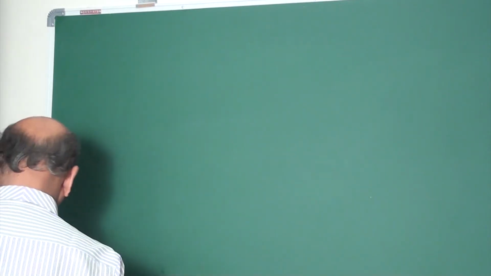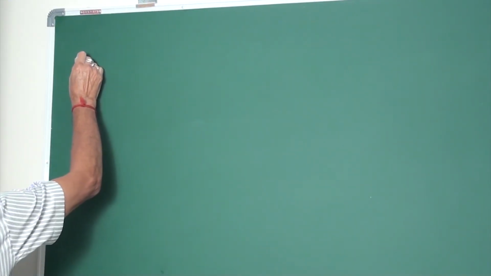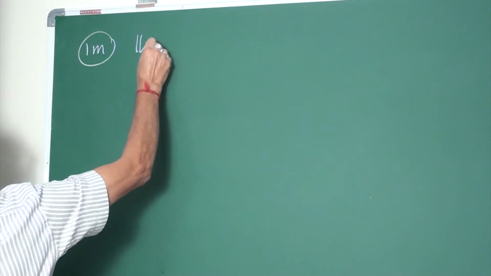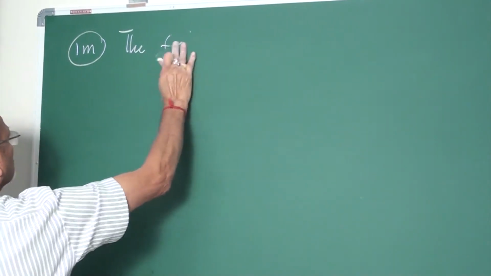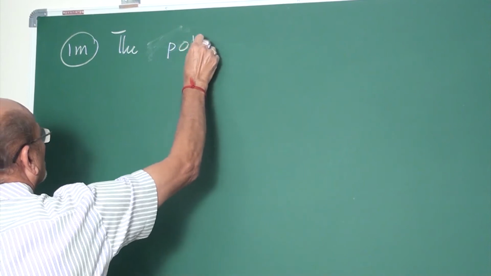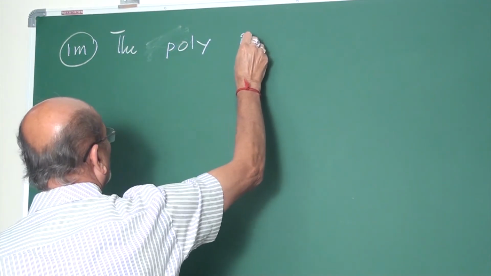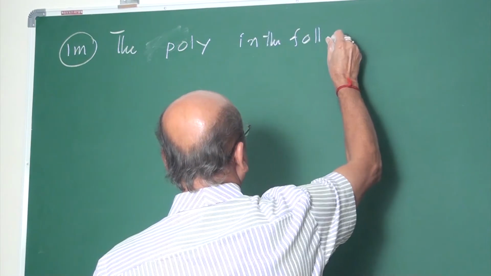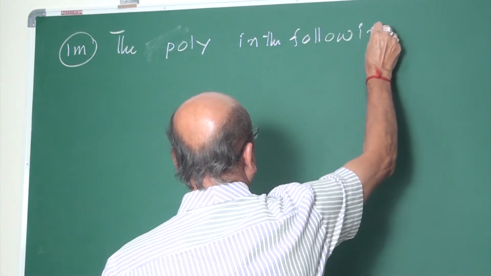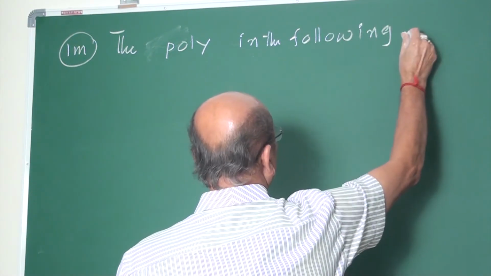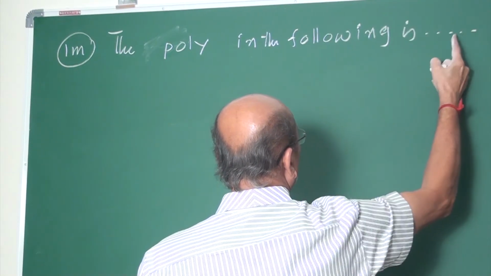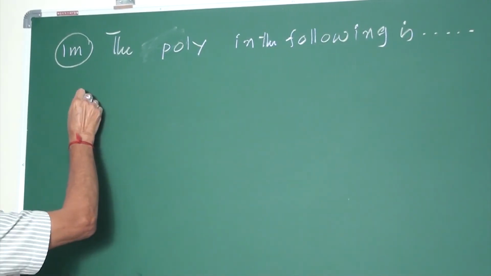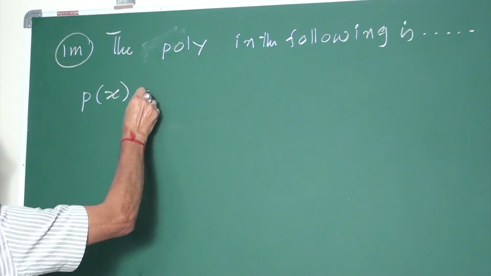The polynomials in the following. One more question: which of the following is a polynomial? You have to fill this gap. It is objective type. First, option A: p(x) equal to